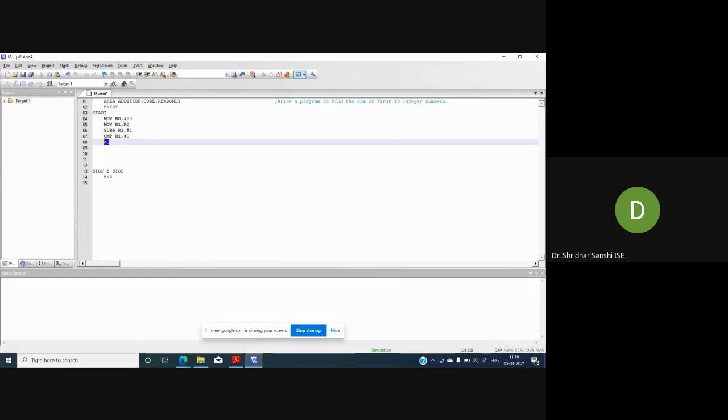If Z is 1, it means that R1 has reached the R0 value. At that time I should stop the execution. So that's why I'm writing it as stop.